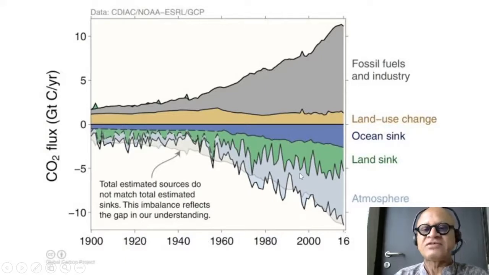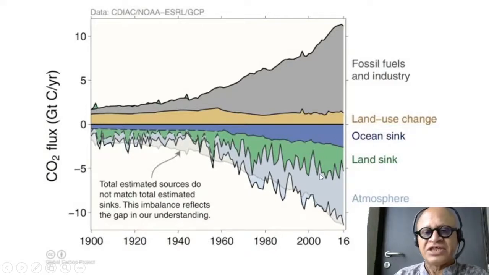You can find the latest one on Google if you wish. But the point is, there is also some emission from land use change. This is deforestation, urbanization, conversion to agricultural land, and so on. Those are the positive numbers, and the negative numbers are the ocean sink that we talked about, 30%,